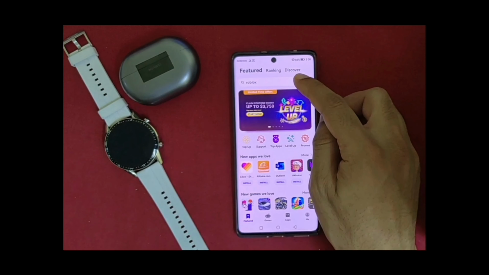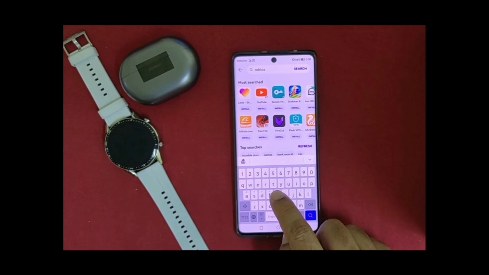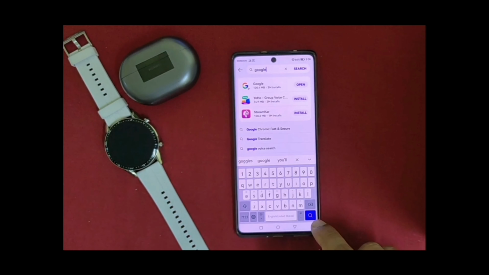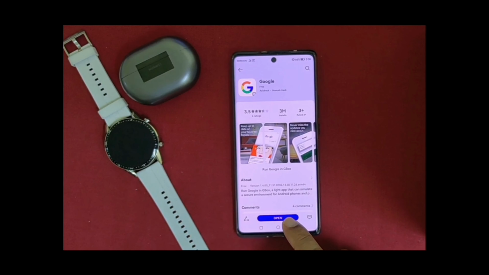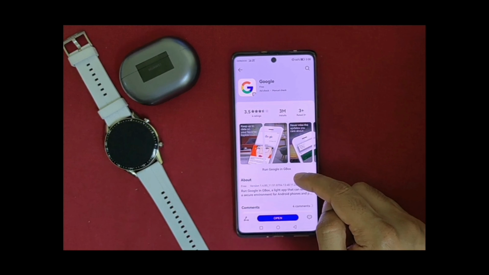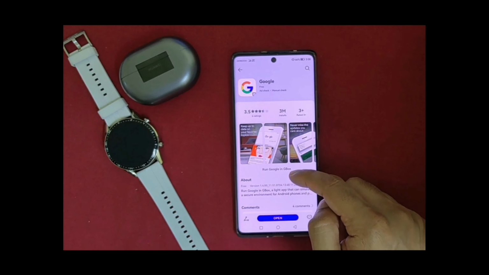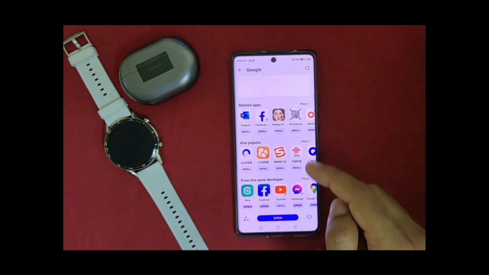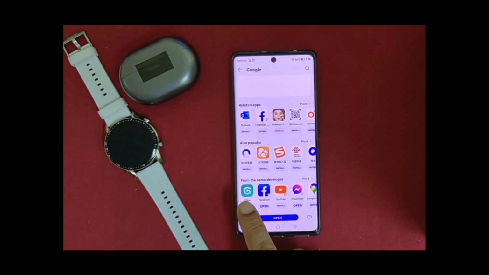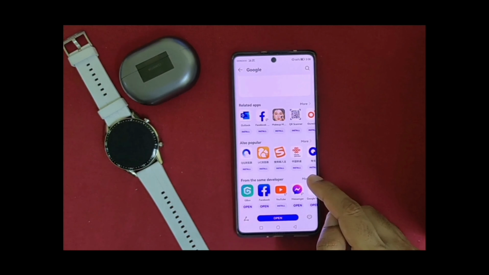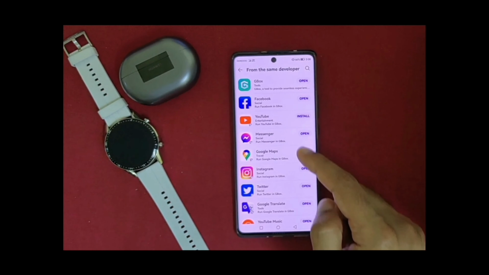So in the main screen you need to search here Google. So here is the Google. You need to click here install. I already installed, so that's why it's showing open. So already installed, and if you want to install other Google applications, you swipe down. You can see here related apps, also popular apps, and from the same developer. So click on the more, and you can see too many